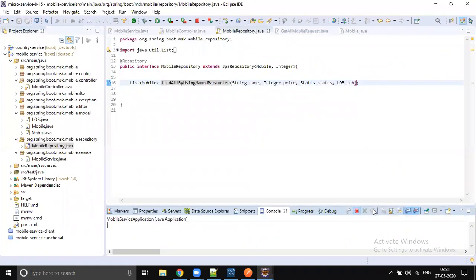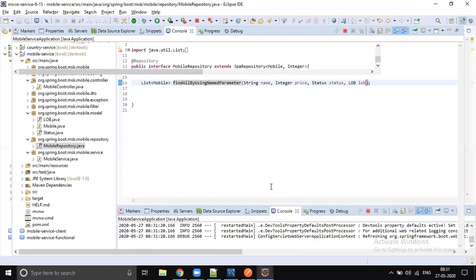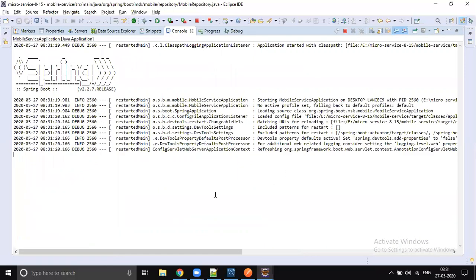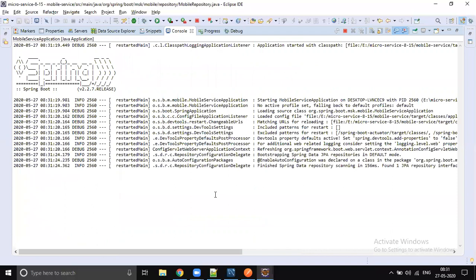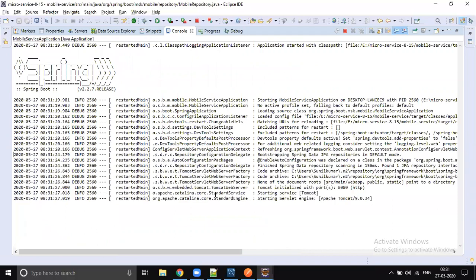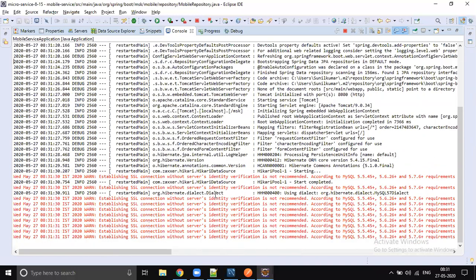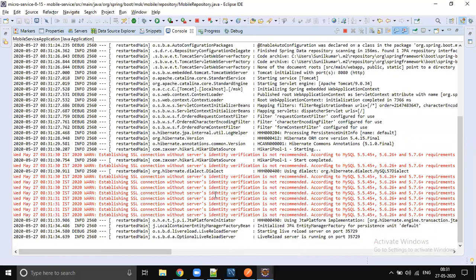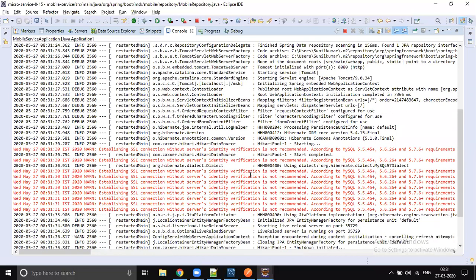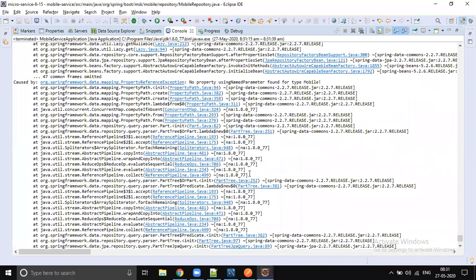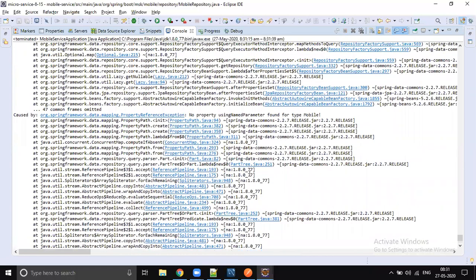So some startup error, right? Let's restart the application. Okay, so no property using named parameter.